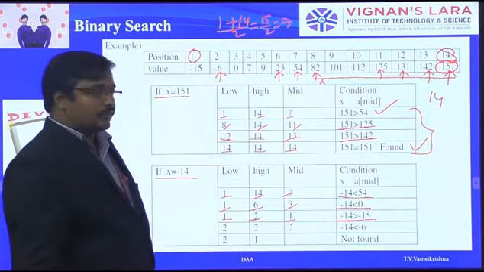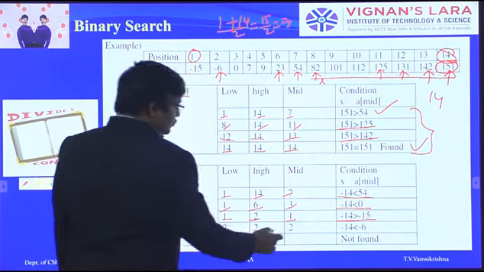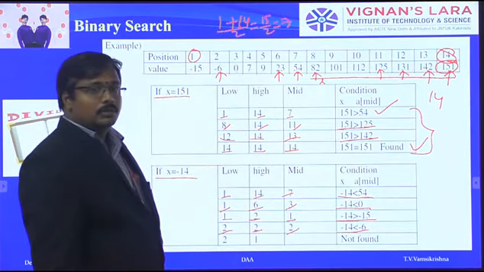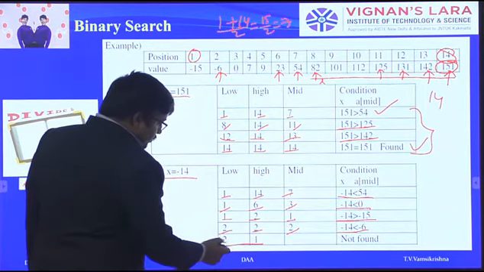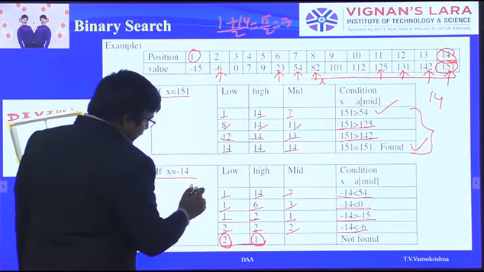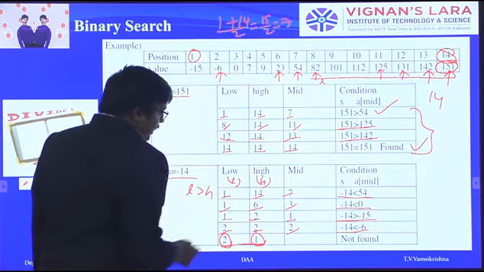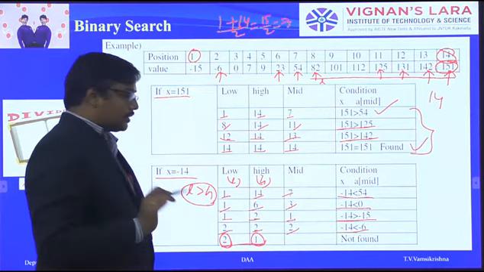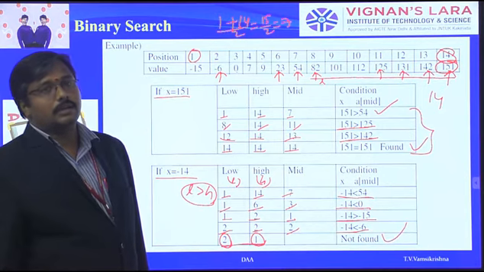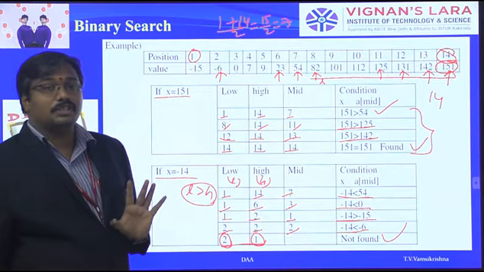Again we are getting the same kind of thing. So what we have to do? Obviously this pointer is moved. So 2, 2, 2. So minus 14 is less than minus 16. So this is wrong. When the low value is higher than the high value, that is, when L greater than H, where L is nothing but low and H is nothing but high, directly we can say the element is not found. So this is the way we find whether the element is present or not.